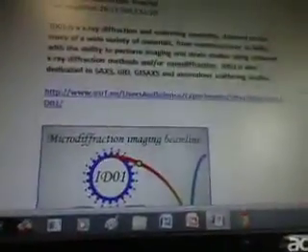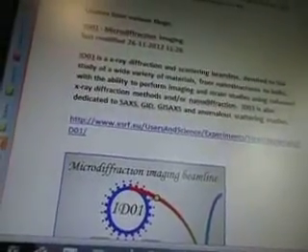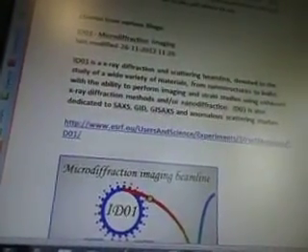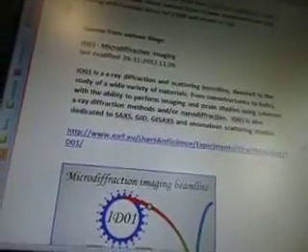This is a new article, November 2012 actually, it's only a couple of weeks old. ID01 is an X-ray diffraction and scattering beamline devoted to the study of a wide variety of materials from nanostructures to bulks with the ability to perform imaging and strain studies using coherent X-ray diffraction methods and/or nano-diffraction. ID01 is also dedicated to SAXS, GISAXS, and anomalous scattering studies. That's from